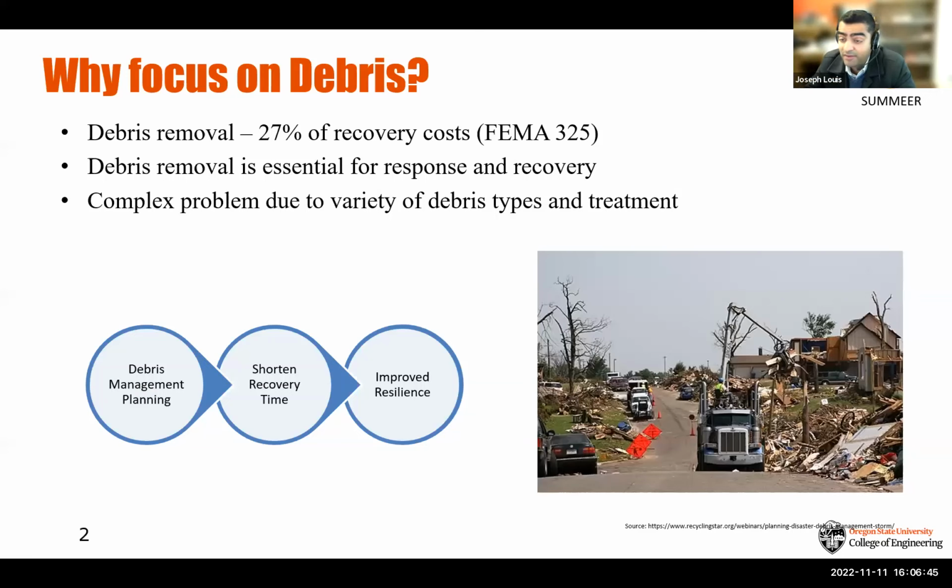Let's start with why focus on debris itself. You've probably heard this number about the 27%. That comes from FEMA, and they've estimated that debris removal accounts for about 27% of recovery costs, which is an extremely huge amount. And debris removal is also essential for both phases of the recovery operation, which is response and